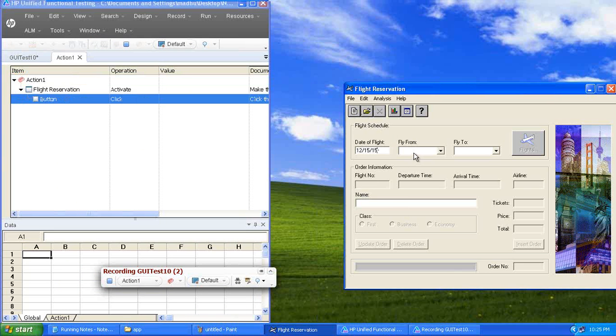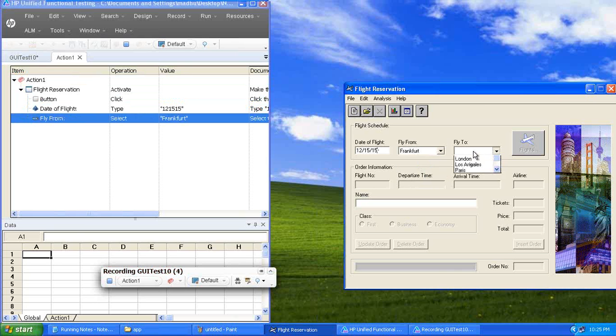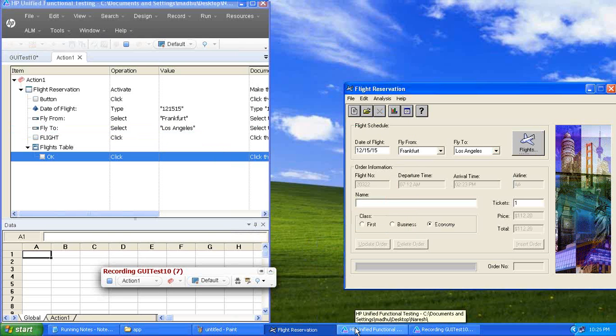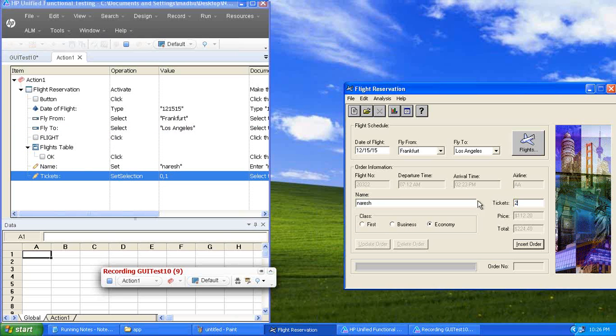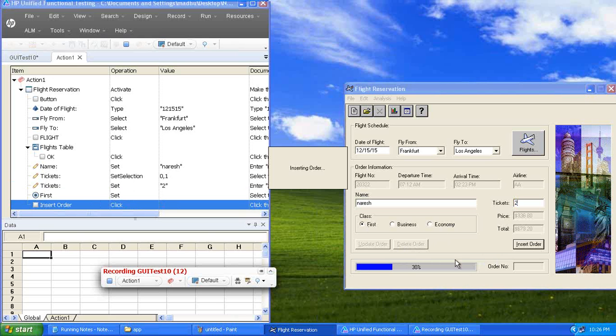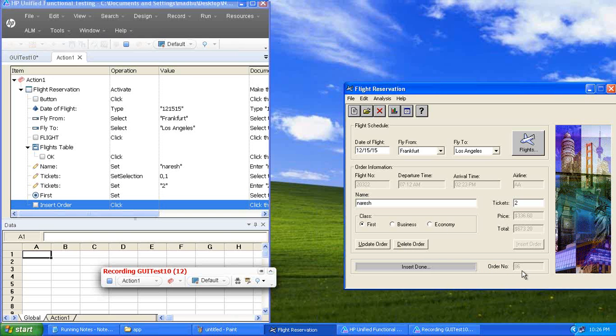Enter the date. Select a value here, flight, click on OK, enter the name, number of tickets, class, insert order. After I click on the insert order button, I want to capture this